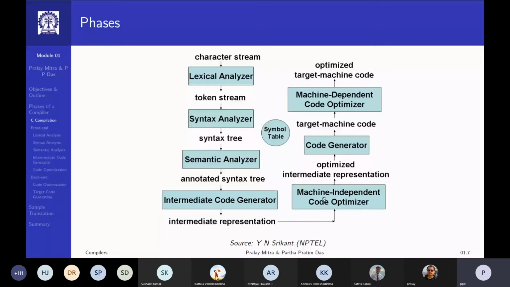You still do not know what is the target, and you have no reason to know what is the source. So this is something which is simple logic saying that what kind of optimizations are possible. So then you generate a target code. You generate the target code, means this machine independent program you convert into the assembly program of your target processor.